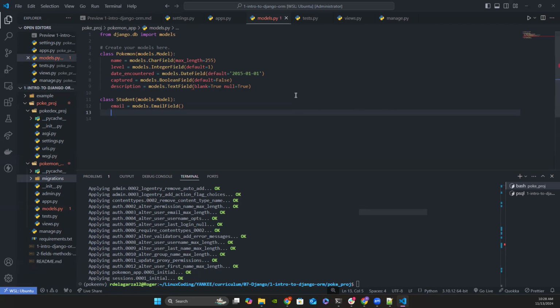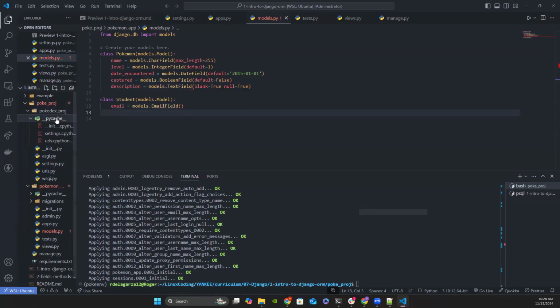We have fields, but there's a large variety of fields that you have access to. And if you want to see more about the fields, you can either check the documentation or you can even come to your Pokédex project. I believe it's within